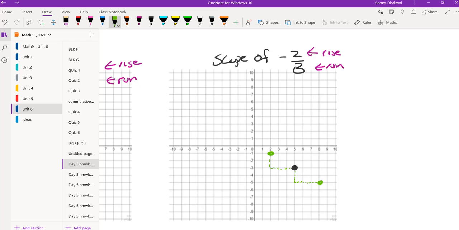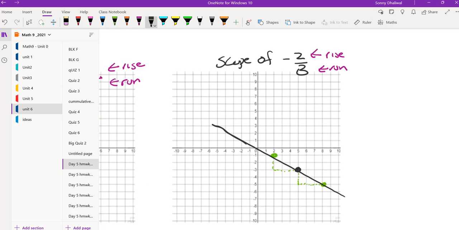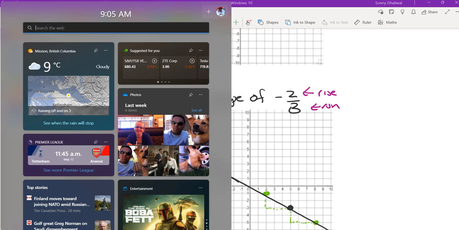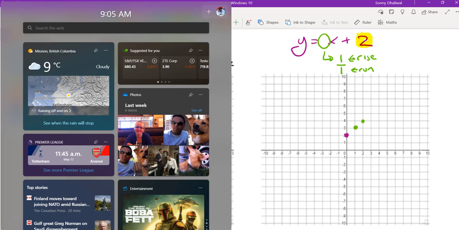So the concept is the same as what we've been talking about all the way through these notes. The hard part of this chapter can be,